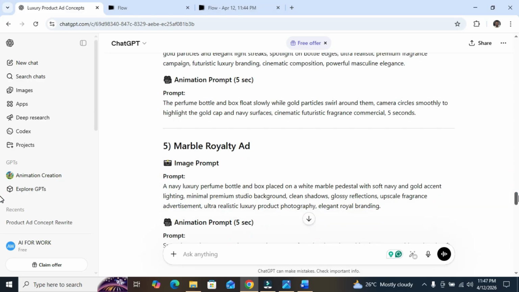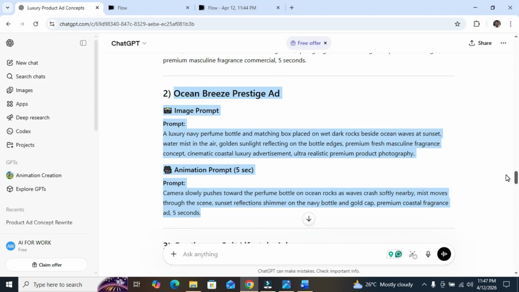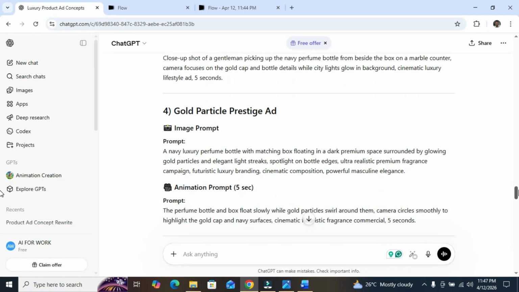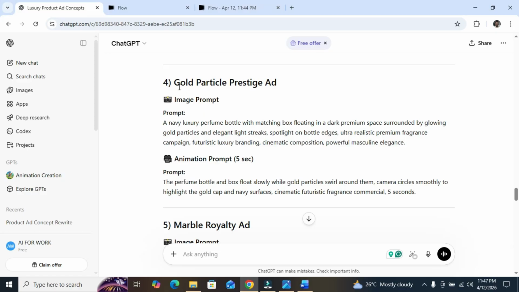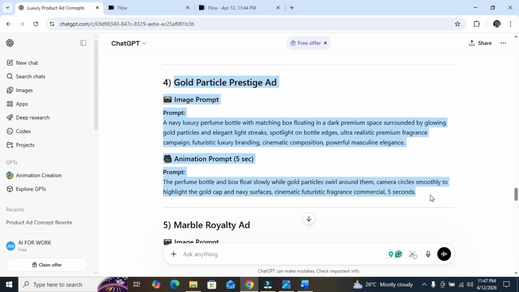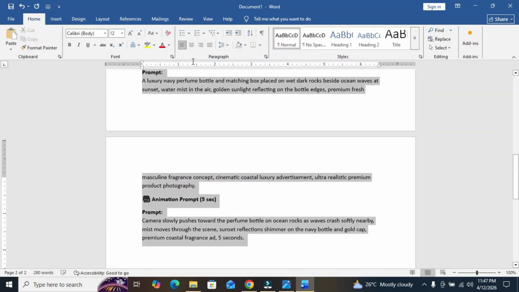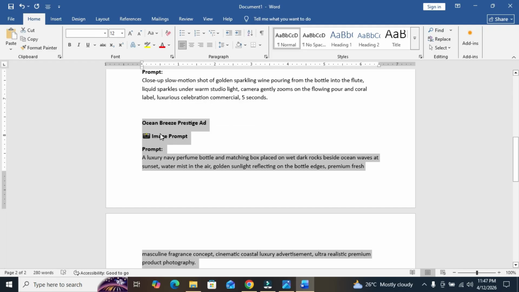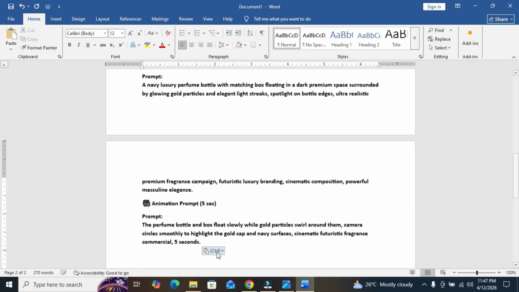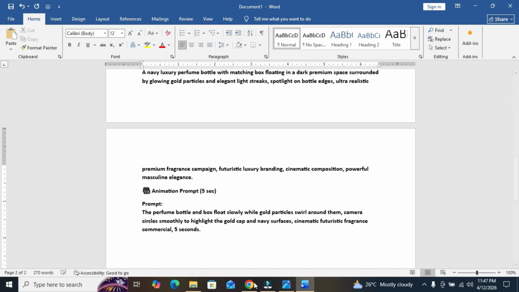Let's look for this. I think I want to choose this. This gold particle prestige. Yeah, for the perfume. Yeah, gold particle prestige for the perfume. And let me replace it for the perfume. Okay. And the next one is